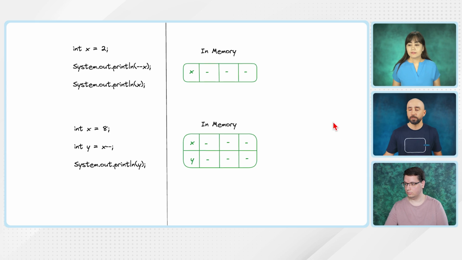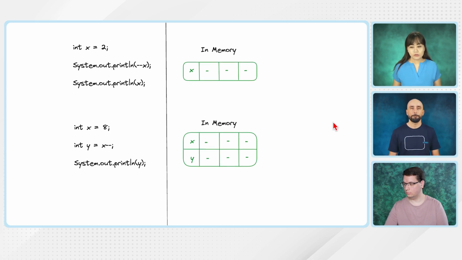I think we are going very well. Third one is pre-decrement in here. So first, again, we declared or initialized x value as 2. And in the first system println, we asked Java to do the decrement first, and then print the x value. So it's going to be decreased to 1. Now x value is already decreased because it's a pre-operator. And now in the second system printout, we're asking the x value itself, which is